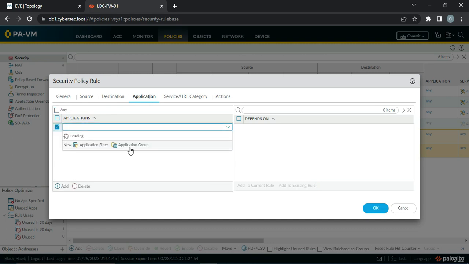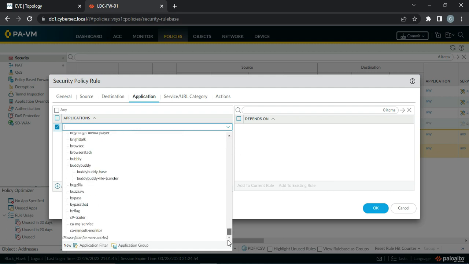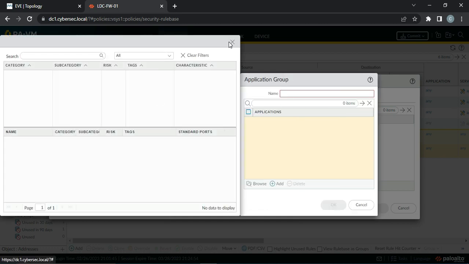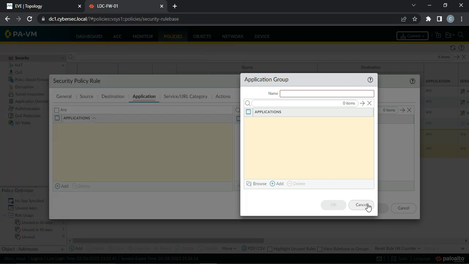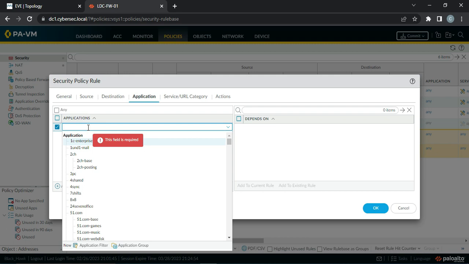So here either you can call your application group which you have created, or you can simply call application here, right? So let's say I want to block the group, and you want to define the group name, or you want to browse one, right? So let me just apply that group. So streaming,